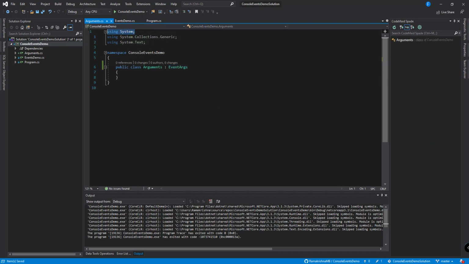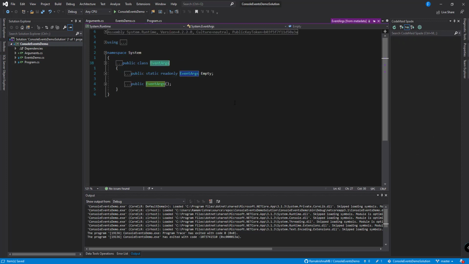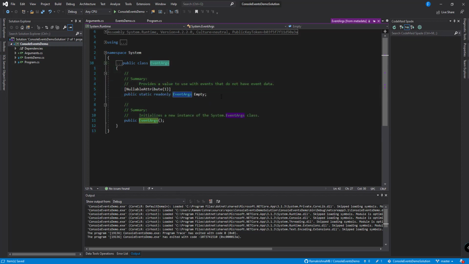So namespace system is automatically referred. If you go to that, we have constructor event args and we have an empty attribute here. So we don't have much in the event args class.